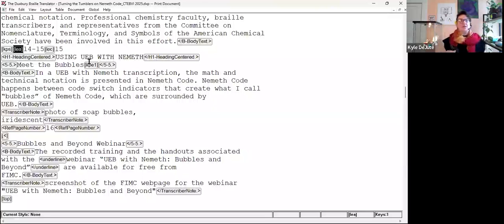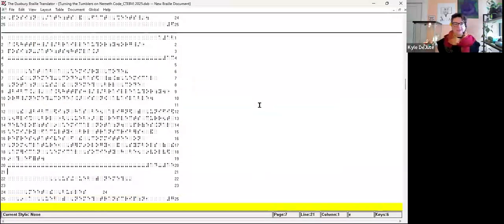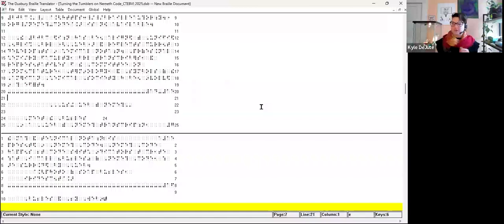Now you might note I have another code in this sequence. So I have LEA 14-15 and then the code LEC and the number 15. So let's talk about what Braille happens as a result when I translate. And again, I used Control-T to translate and get this Braille file. I get a print page that is 14-15, then my centered heading. I start with a cell 5 heading for the heading of the next slide, and I have a paragraph. That paragraph continues on another Braille page, and my lettered continuation print page number is